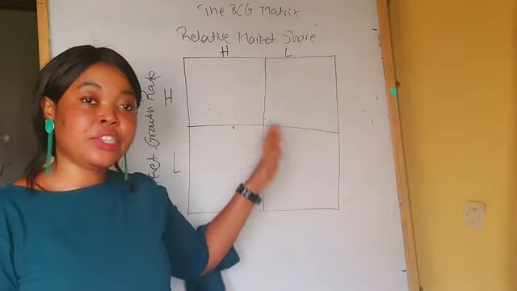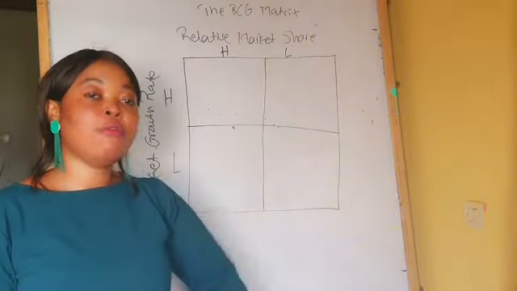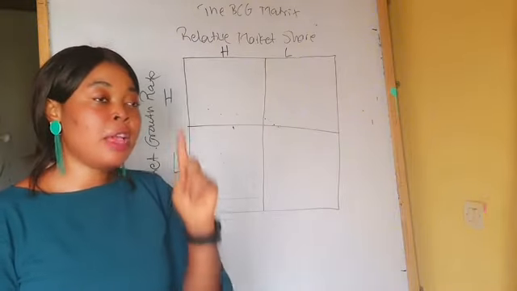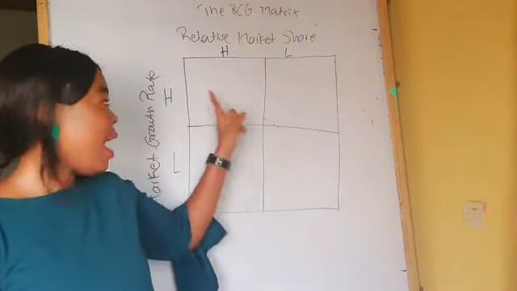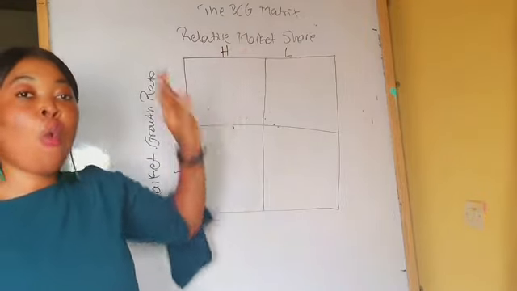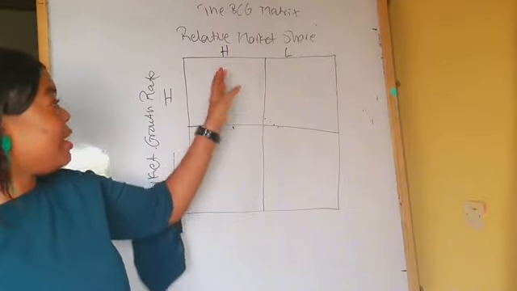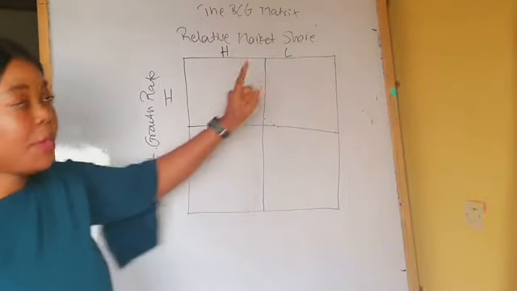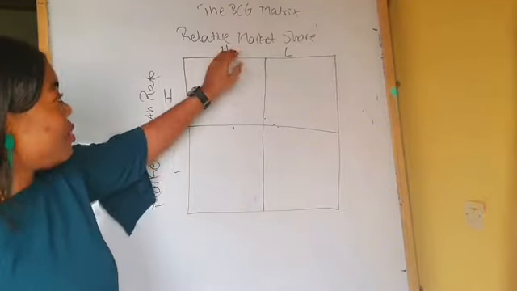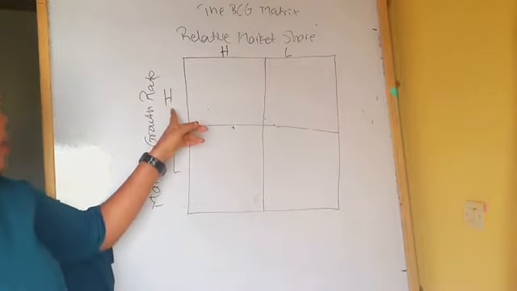My secret to mastering this is that you first of all look for where high and high meet. What do I mean by high and high? Where high market growth rate meets high relative market share, where they meet, that is the star. So this is high market growth rate, and this is high relative market share. This is where they meet, inside this box. Same, high relative market share occupies all of these two boxes. High market growth